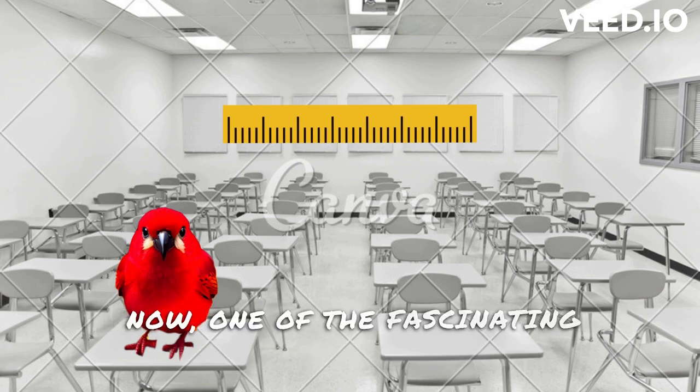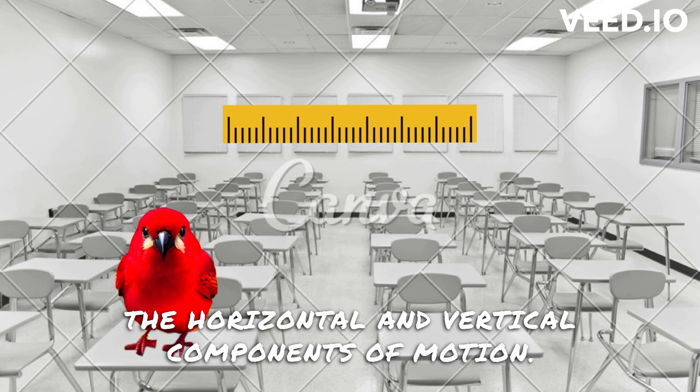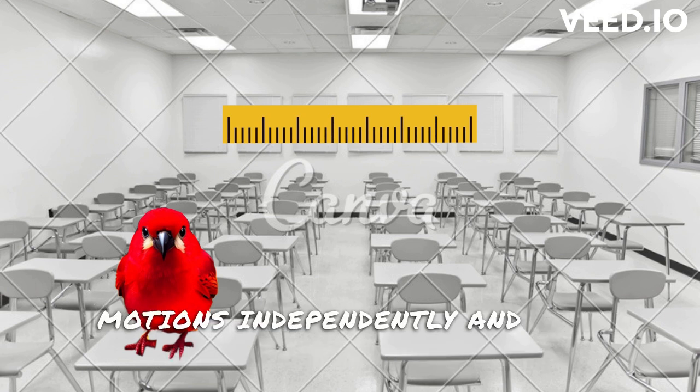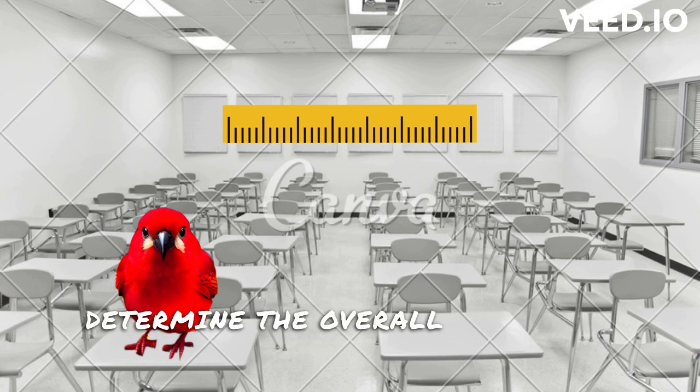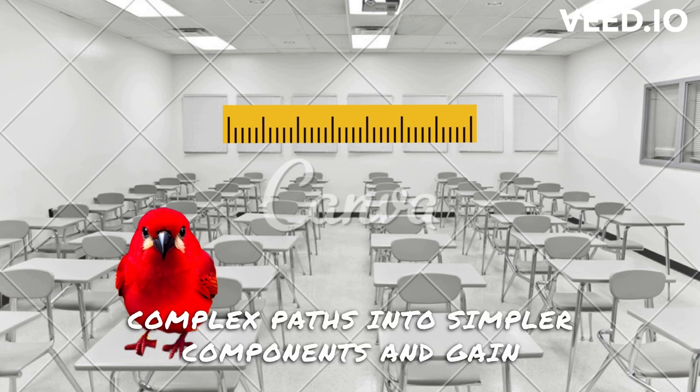Now, one of the fascinating aspects of motion in two dimensions is the ability to separate the horizontal and vertical components of motion. We can analyze the horizontal and vertical motions independently and then combine them to determine the overall motion of the object. This approach allows us to break down complex paths into simpler components and gain a deeper